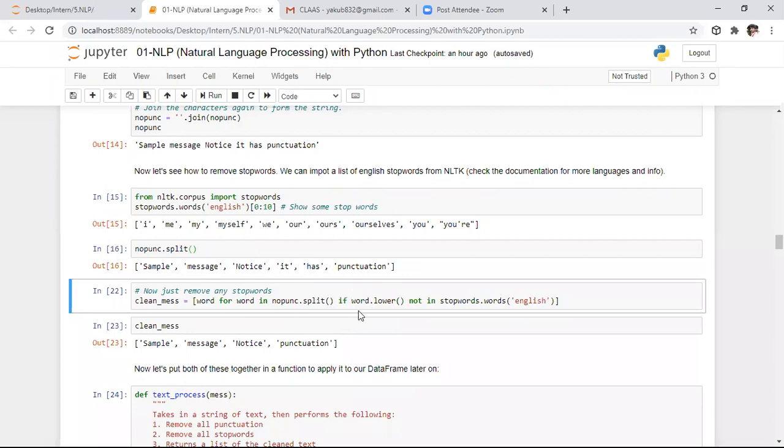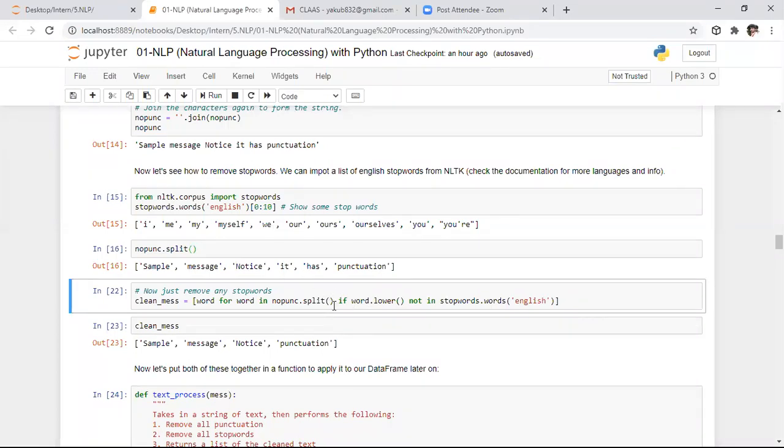After that, we need to perform the filter operation. Initially, we need to convert this entire message into lowercase letters. Why? Because if you observe the stop words, every stop word contains all small case letters only.